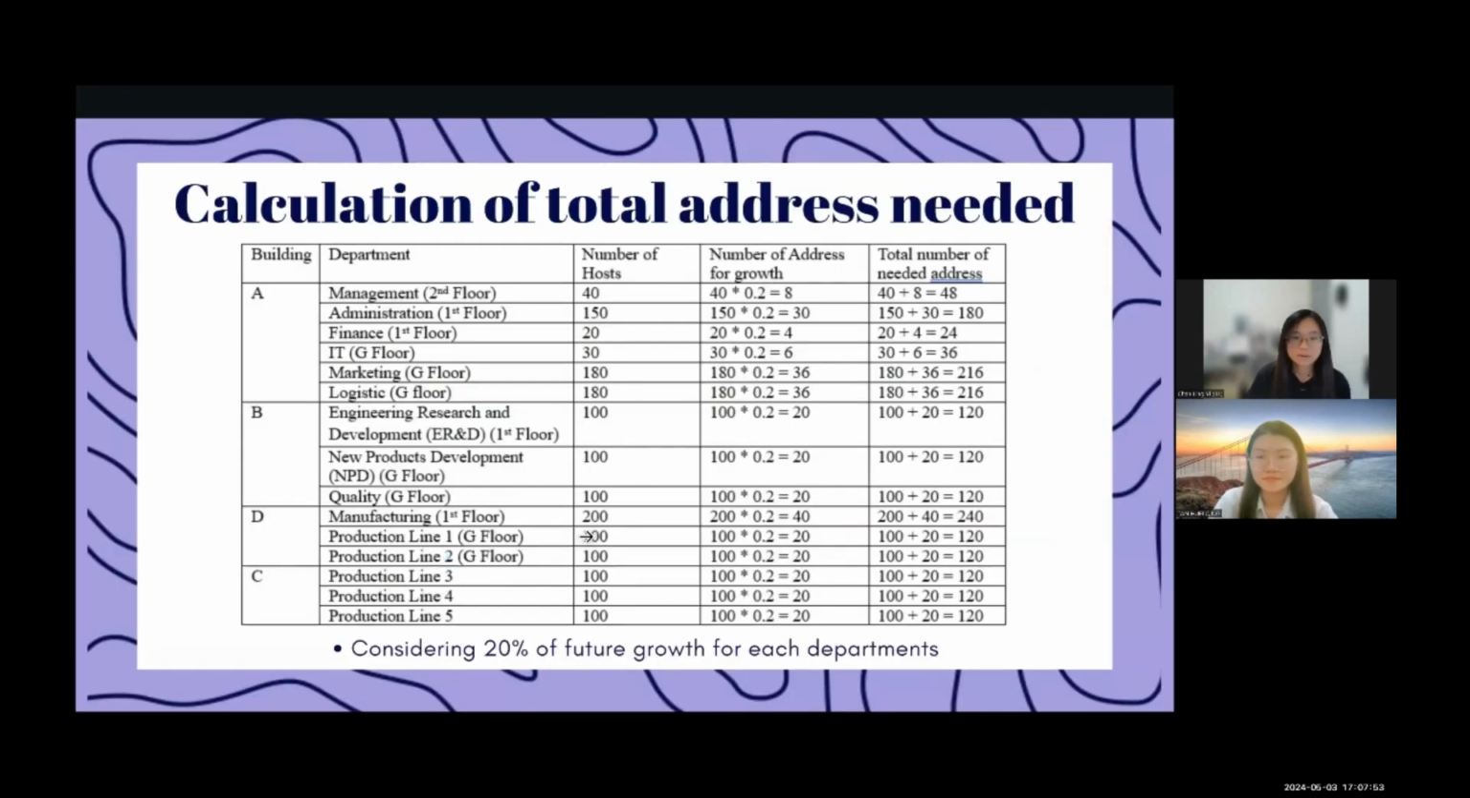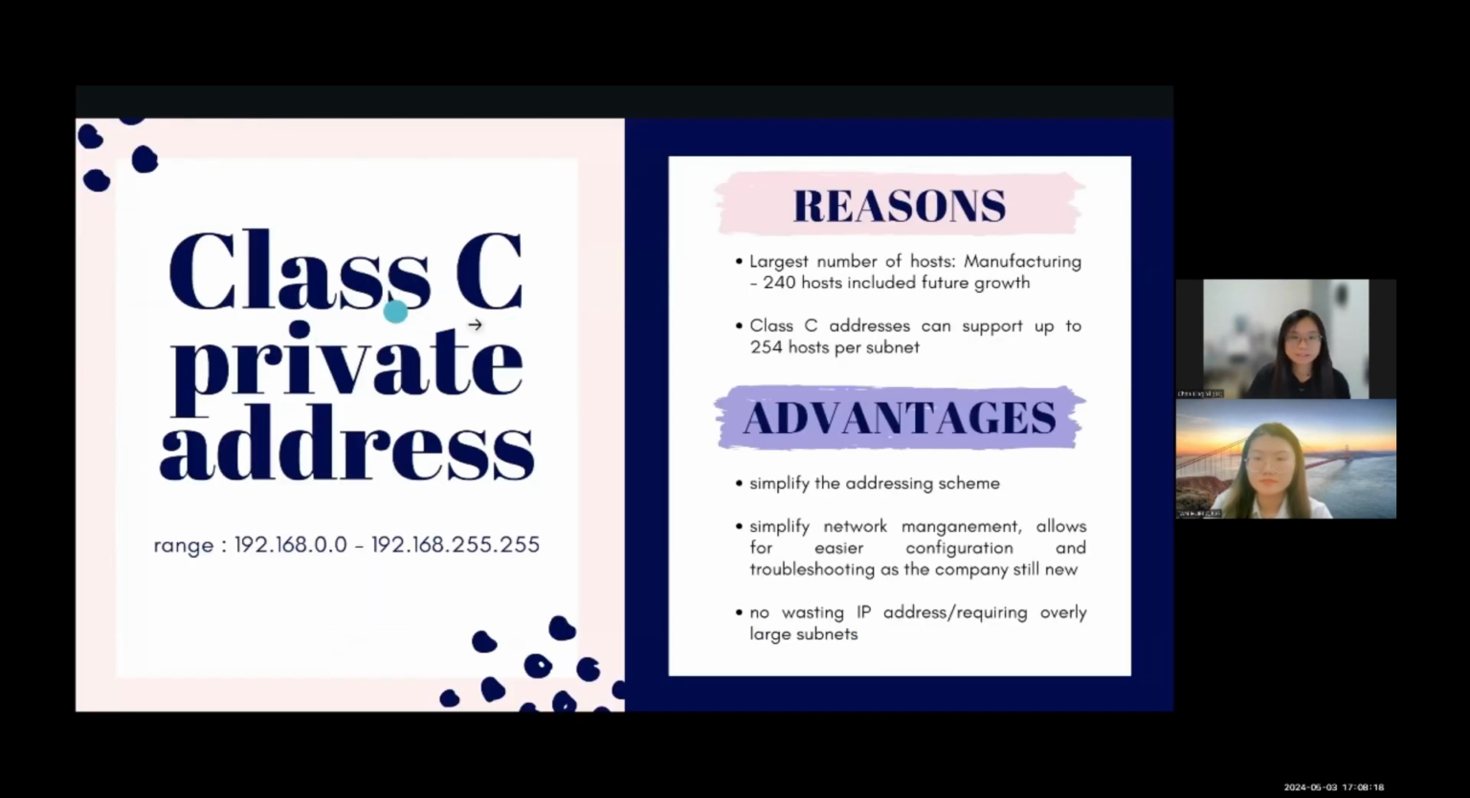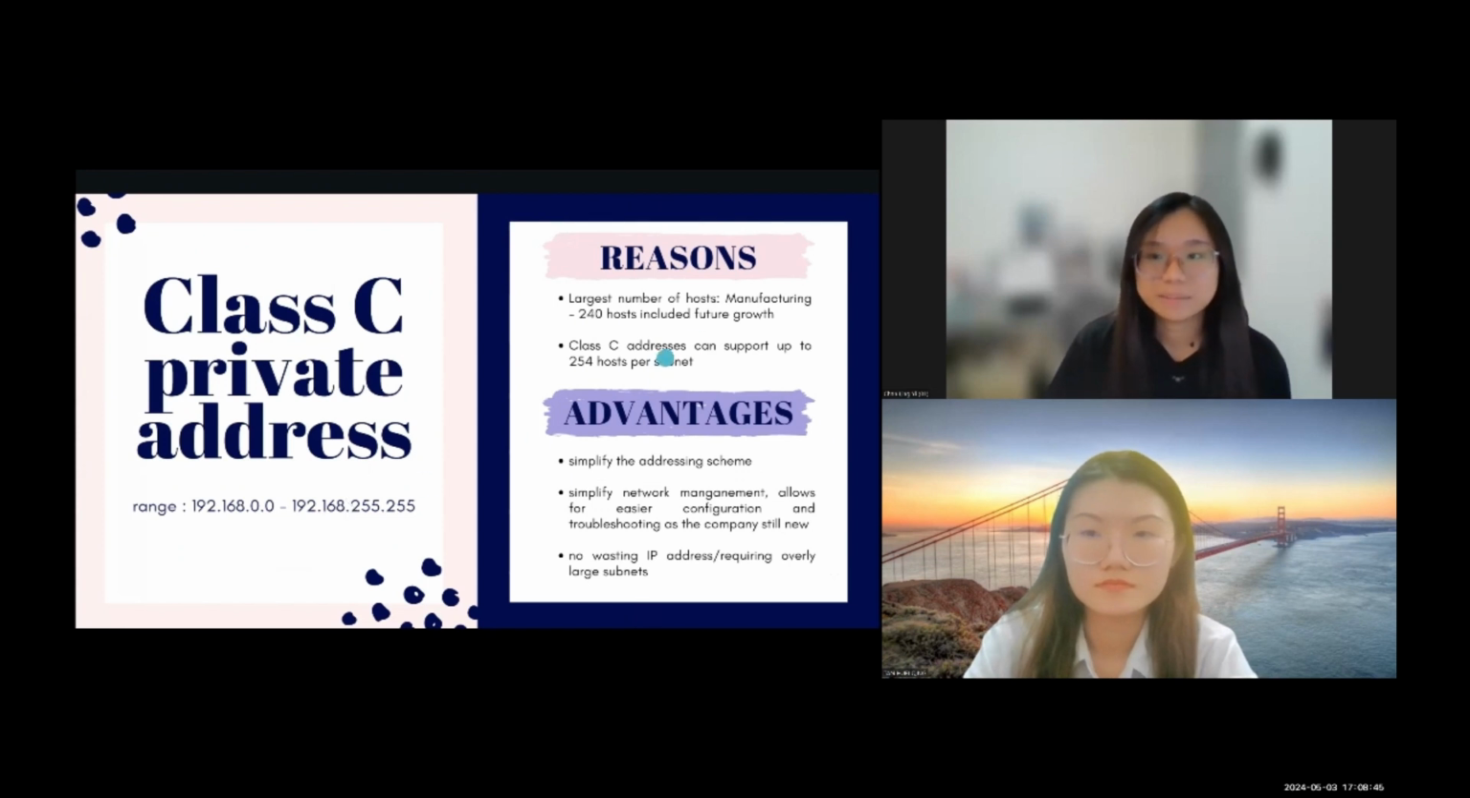These slides show how we calculate the number of hosts needed, including the 20% of future growth for each department. Here is the total number of hosts needed for each department. We are using Class C private addresses as they accommodate the required number of hosts for each subnet while still providing efficient utilization of IP addresses. The largest department, which is manufacturing, requires 240 hosts, while a Class C address can support up to 254 hosts